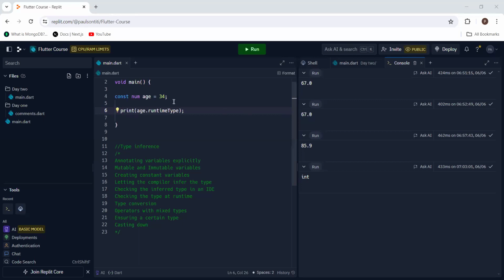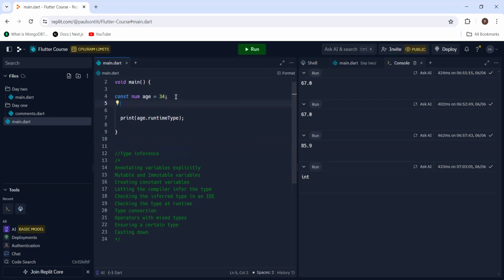Okay, so the thing is that when you're working with... I don't know, maybe the best place we can do this is when we start talking about inheritance. Let me not confuse you with this, okay? But the thing is that when you use the as keyword, you're converting it from num to integer, okay? So you can use the as keyword. That is what we did here. We can say,